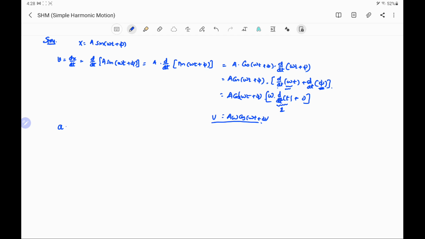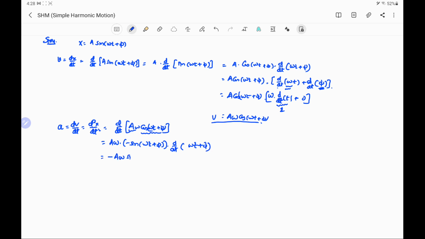After this we can find the value of acceleration. This is dv by dt, or it can be written as d2x by dt2, and differentiating the velocity, which is a omega cos omega t plus phi, using the technique of differentiation, this a omega is constant, so it is taken out. Now differentiating this cos, it will be minus sine omega t plus phi, and now differentiating this argument, omega t plus phi, so it is minus a omega sine omega t plus phi, and